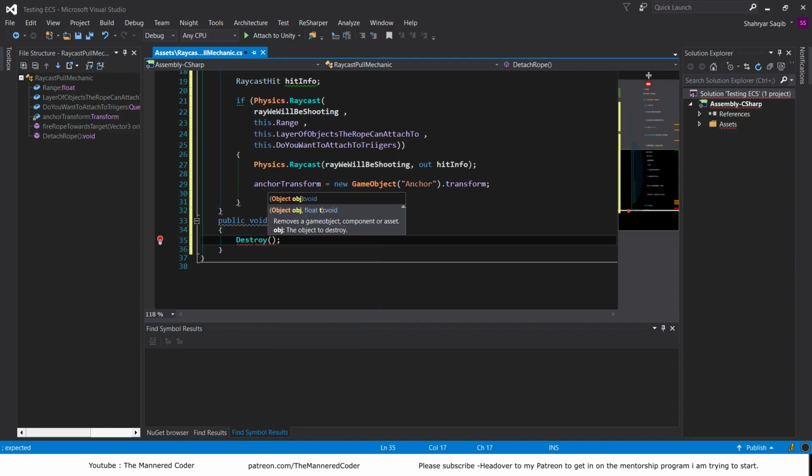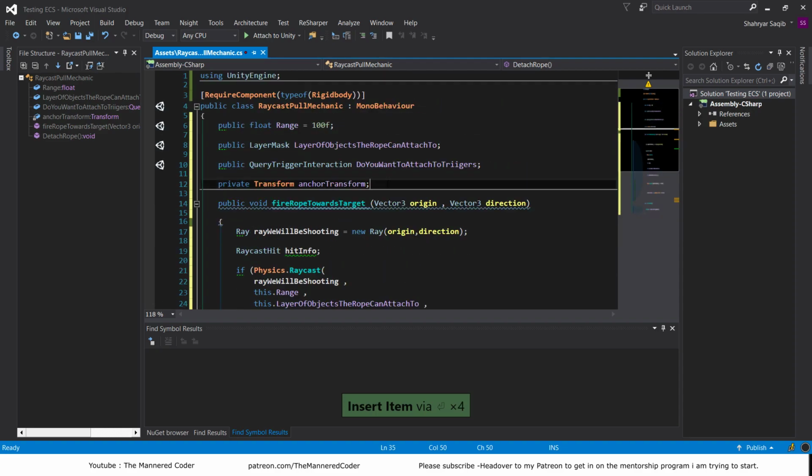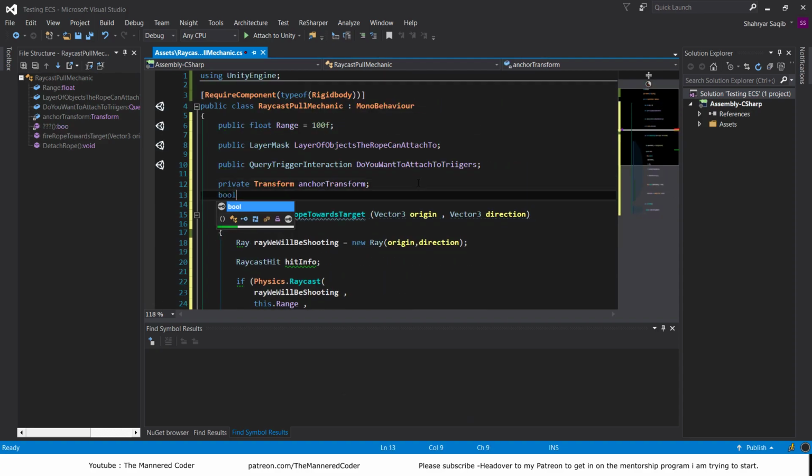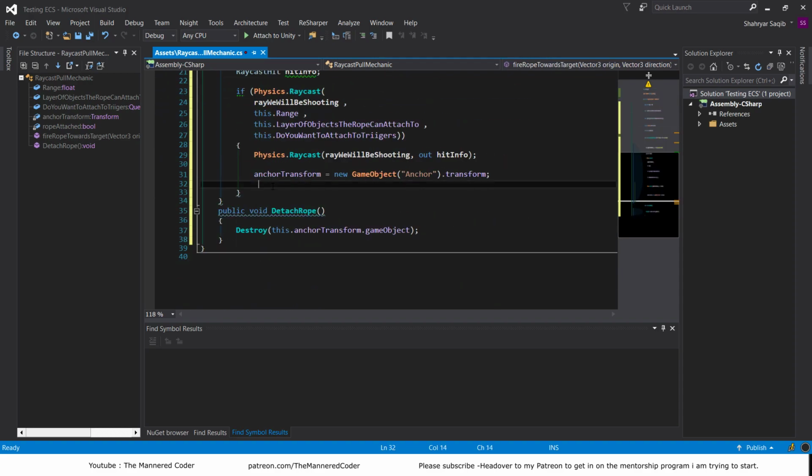Destroy anchor transform no game object. Okay, now that object will be destroyed, and now we need another control variable called bool is the rope attached. Okay, so rope attached will be bool, and remember false is the default value, so we don't need to add it. So when we cast the ray inside the